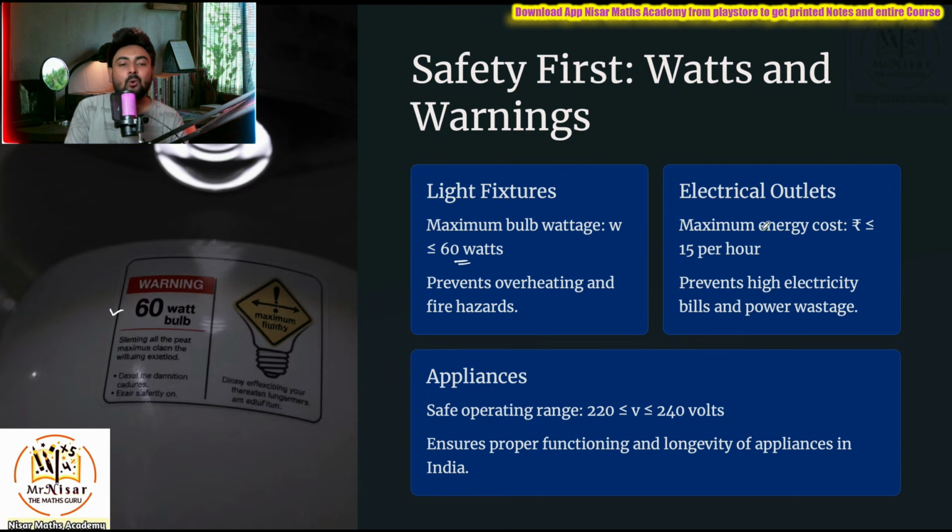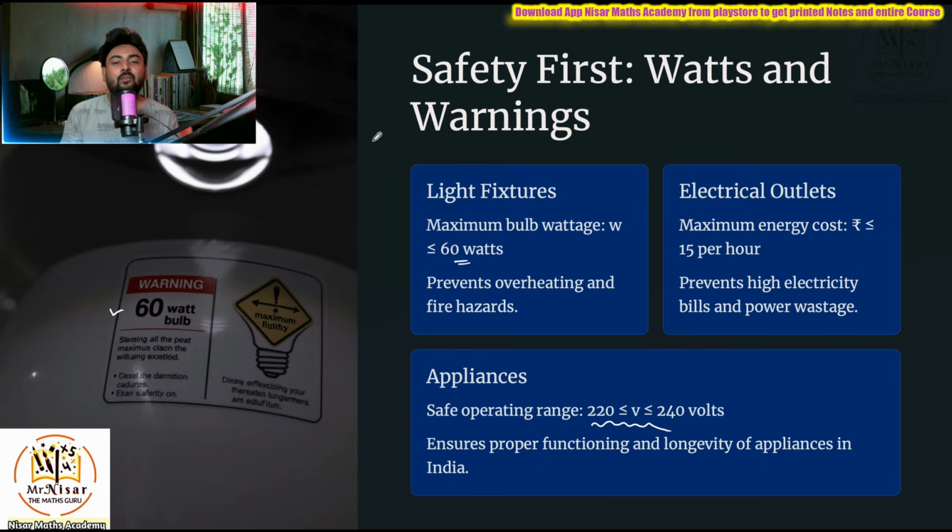Then electrical outlets, maximum energy cost less than or equal to 15 rupees per hour, which prevents high electricity bills and power wastage. Appliance, safe operating range, the range is written here. I hope the concept is quite clear to you, children. Here we are applying nothing but linear inequations. Let's move ahead and recap all the